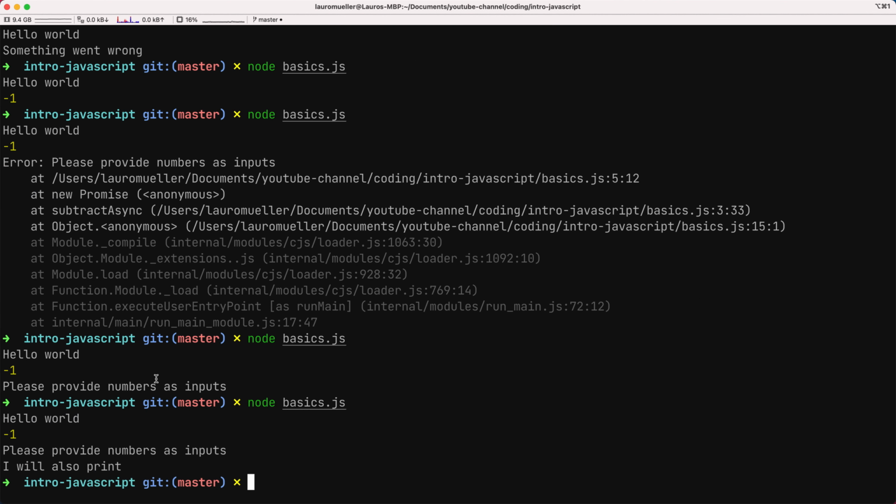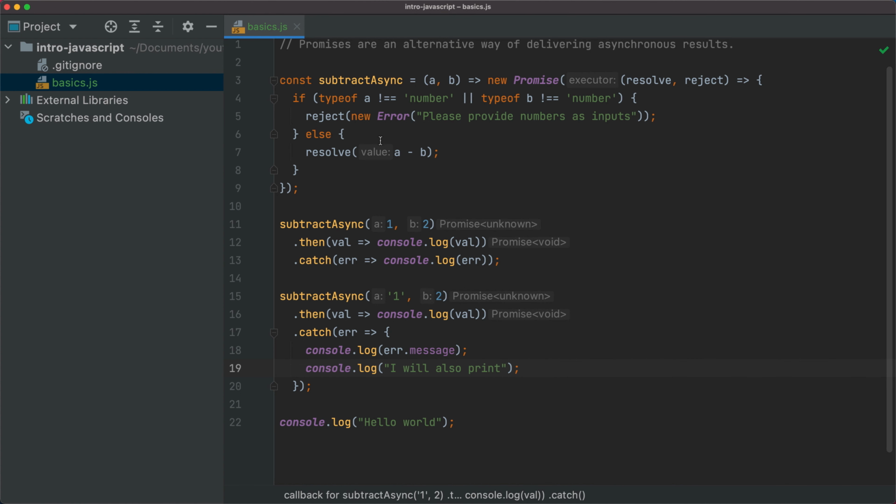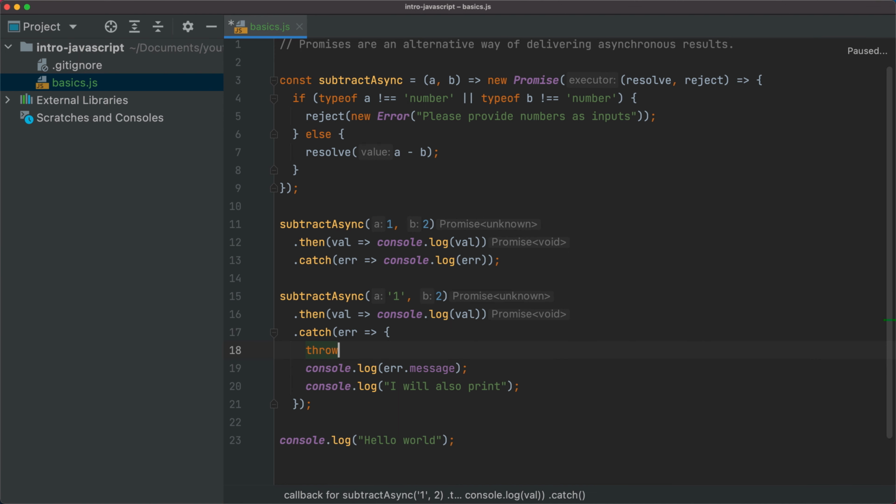And if I save this and I execute, then you see that it also prints here at the bottom of the screen. So rejecting a promise doesn't really break the whole code. It's going to execute the function from within the catch method, and it's going to continue the execution without a problem, okay? Except, of course, if you throw a new error here, then this is going to block the execution of the code. I will just